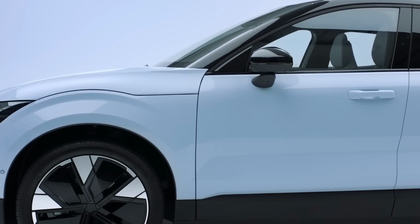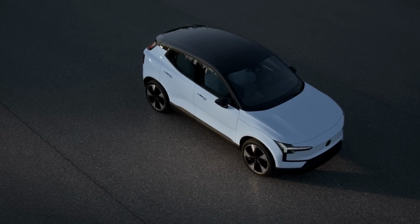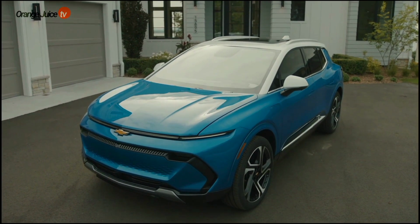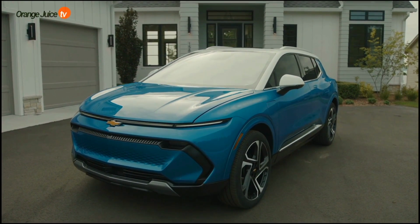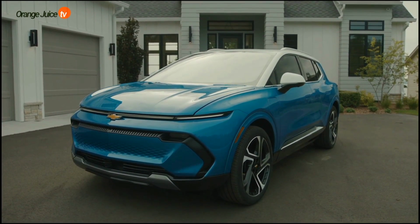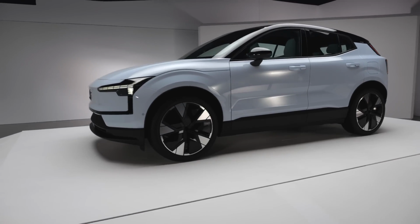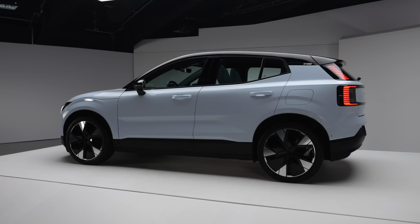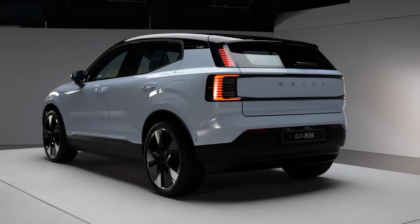These SUVs are part of the compact crossover SUV segment, but the Volvo EX30 takes the compact label much more seriously. The Equinox EV has a wheelbase of 116 inches and measures 190 inches in length, 75 inches in width, and 64 inches in height. The Volvo EX30 has a 104.3-inch wheelbase and measures 166.7 inches in length, 72.3 inches in width, and 61.1 inches